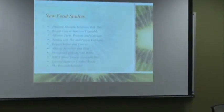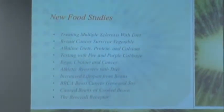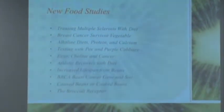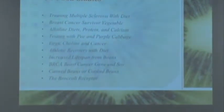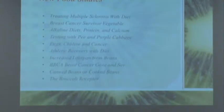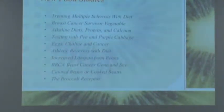This is the latest research that has come out, and I just put up some of the studies. If you're more interested, we just don't have a whole lot of time here to look at some of these things. So just to give you a preview of some of the things that came out in the last batch, and I get 4 of these a year from that friend of mine, and this is a lot of the stuff that doesn't make it into the mainstream, but it can help you out as an instructor and